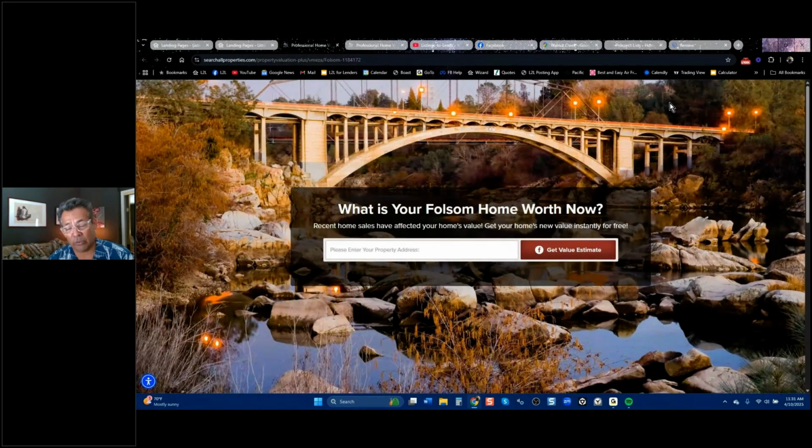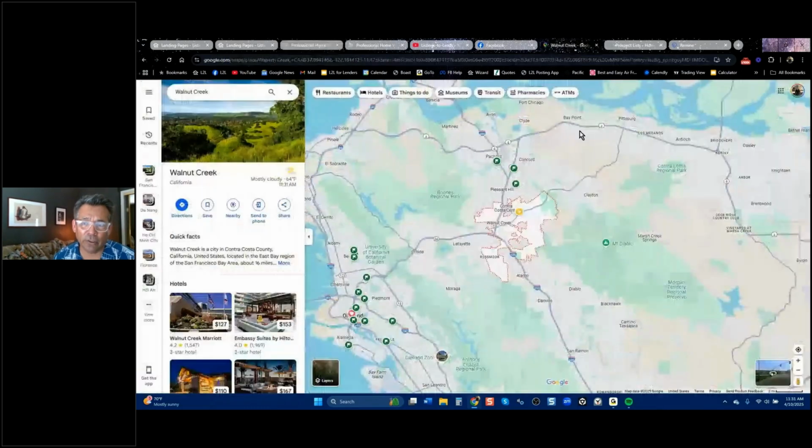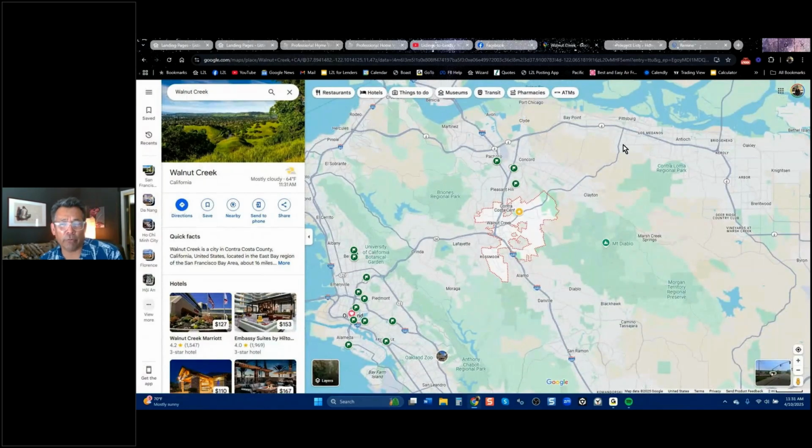I always tell people not to, because I live in Lafayette in Contra Costa County, and almost the whole county is sitting in this area, and the price ranges from 300,000 to 10 million easily. So I'm not going to respond to the person telling me they know everything about the whole county. I'm going to respond to the local expert of my town, the one who sold the most and who's talking to me about my city, because that's where I live and that's where I'm selling my home.